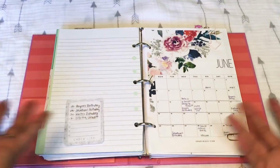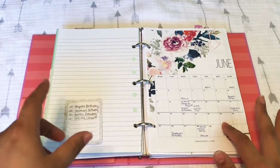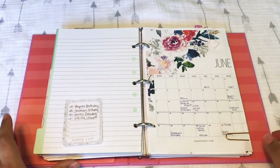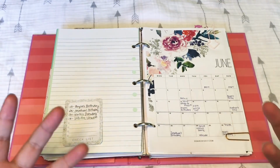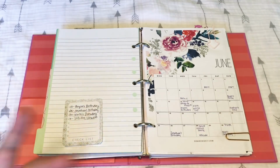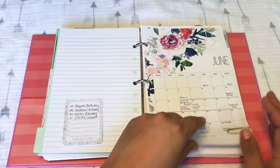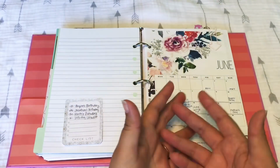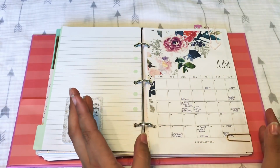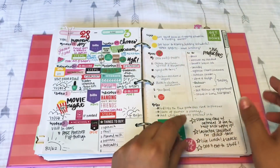Next divider is where my monthly starts. Now I have changed my monthly calendar and my weekly setup. The monthly one, I was just not interested in decorating and making my monthly really cute, because it's just something that I use to reference when planning for the week. So I don't need it to be all extra pretty. So I wanted a printout that was already pretty. So I got this also from Pinterest, and then my